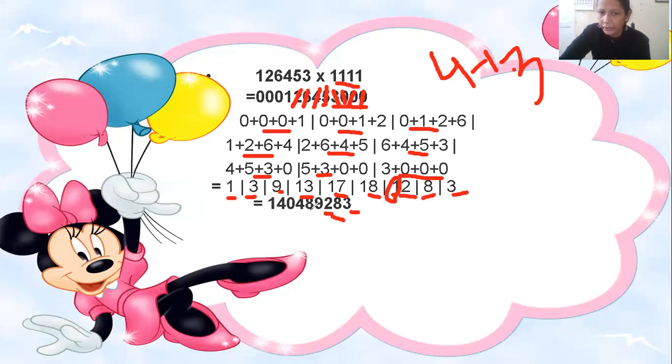So you will write down here 18. Means 8 is at the unit place. You write down 8 here. Carry forward 1. What will you do with this 1? You will add it with this 13. 13 plus 1 is equals to 14. So from 14 you will write down 4 only at the unit place. Carry forward 1. Now 9 plus 1 is equals to 10. So 10 means 0 is at the unit place. You write down 0 at the unit place. Carry forward 1. What will you do with this 1? You will add it with the next number. 3 plus 1 is equals to 4. You write down here 4. And now nothing is left to carry forward. So this 1 you will write down as it is.